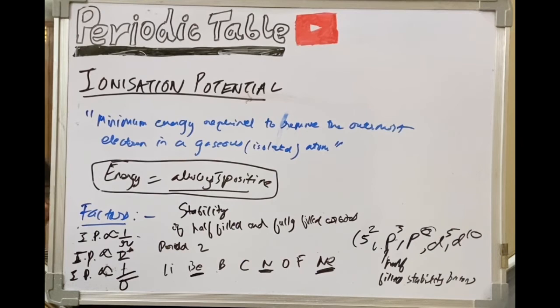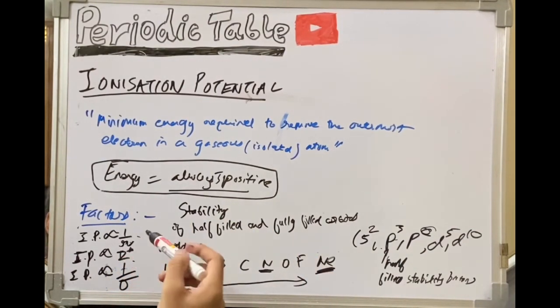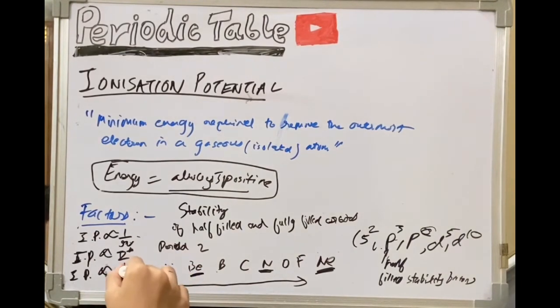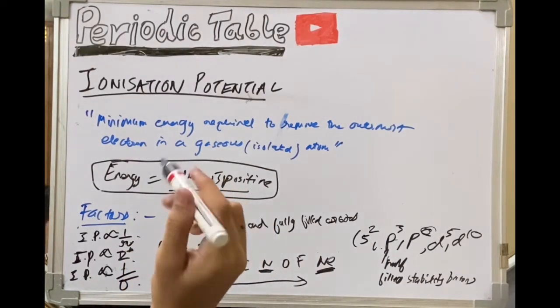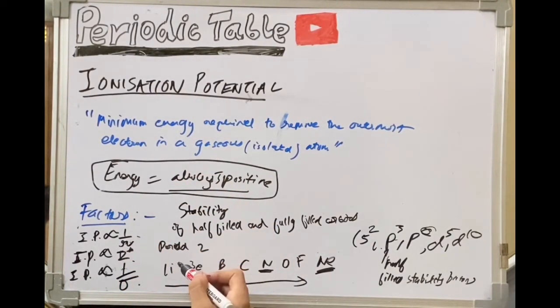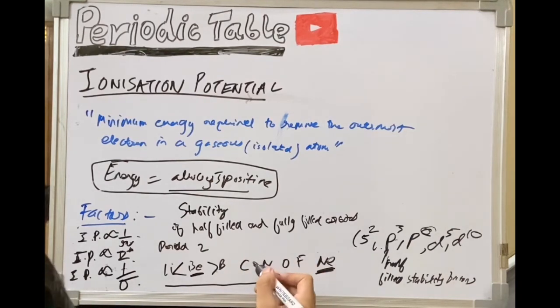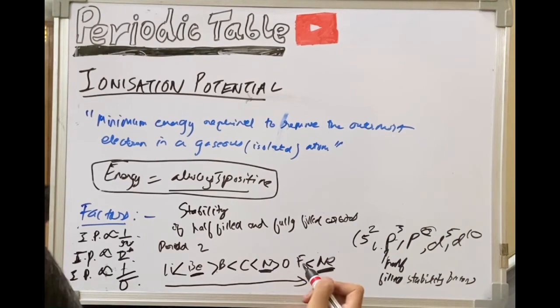So here the ionization potential should normally increase across a period because the atomic radius decreases. The Z effective increases, the sigma or the shielding constant also decreases. So it's all in favor of IP. But here this will be more. Whenever it is stable, it will be more than this, and in the remaining places it will follow the general trend. C will be more and F will be more. Okay, it will be like this.